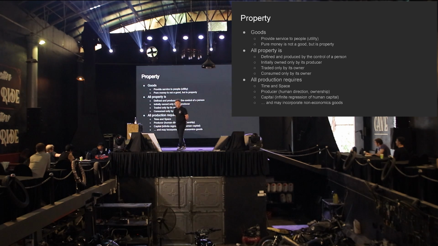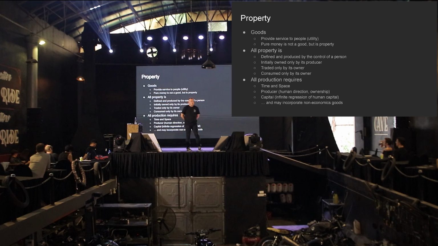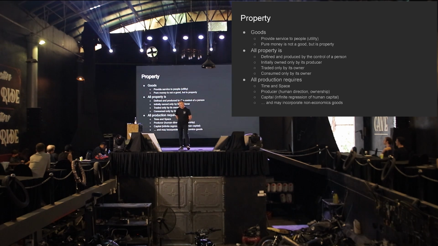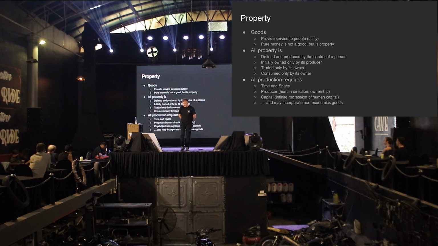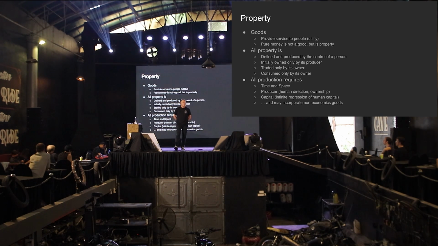So all property is defined and produced by control of a person. For something is nobody's property, there's too much of it, nobody cares, nobody's there, and then somebody grabs something and takes control of it, and that's what makes it property. It wouldn't do that if there was an unlimited abundance of it anywhere they went. And this is typically, people use air for this example, but some places air can start to get difficult to get, and then it becomes property. People sell it, like medical oxygen, things like that. But that's kind of a typical example. So it's defined by control of the person. If nobody's in control of it, it's not property yet.